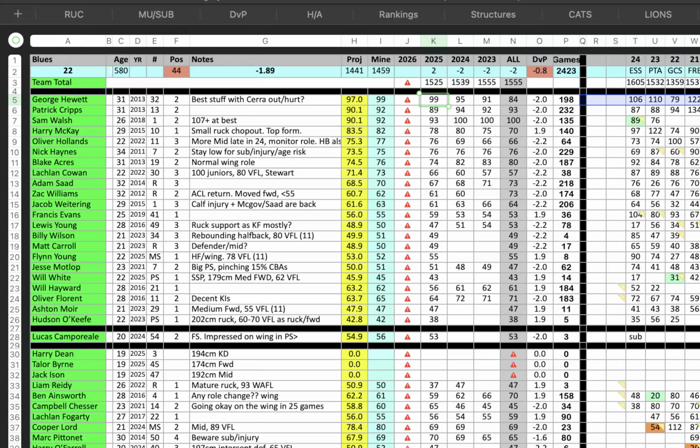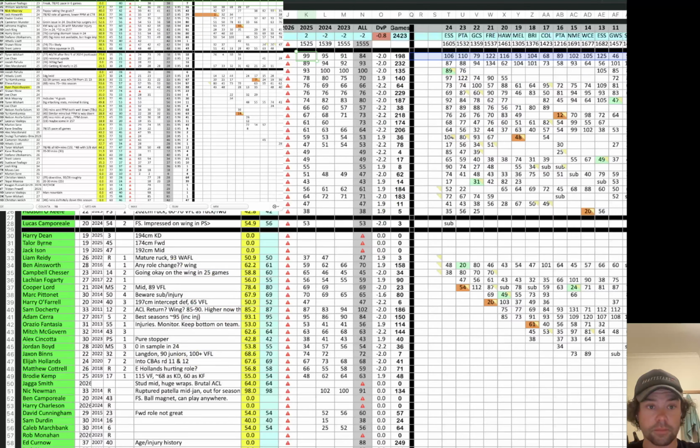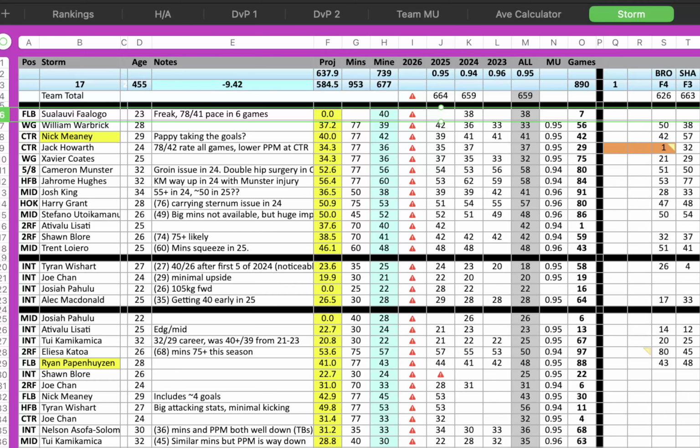I don't have his history broken up into different roles. Again, that's because it's not easy to nail down exactly what positions people are playing in the AFL, whereas in the NRL, you know exactly what position someone's playing every week.